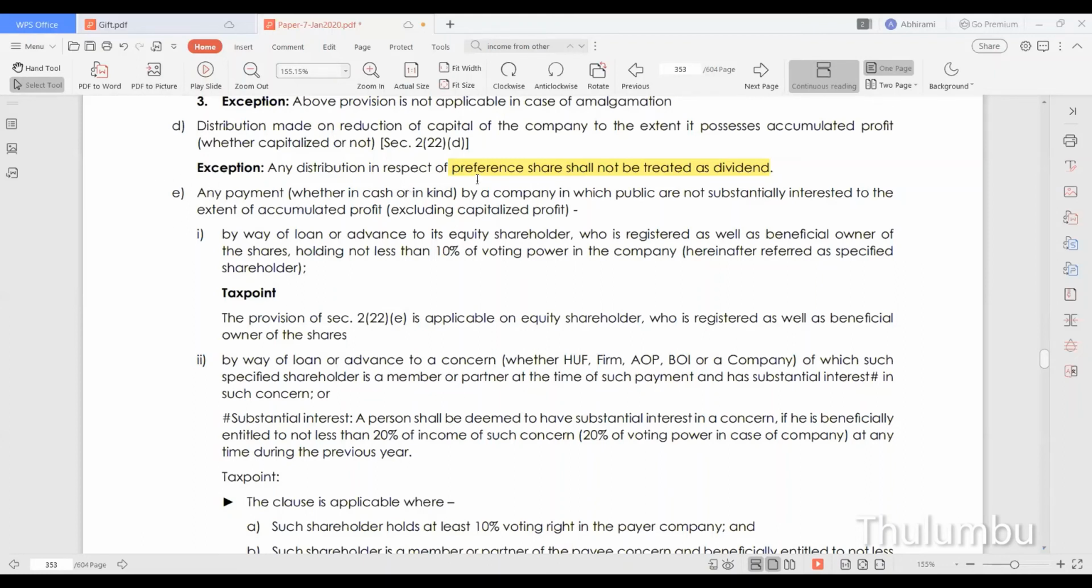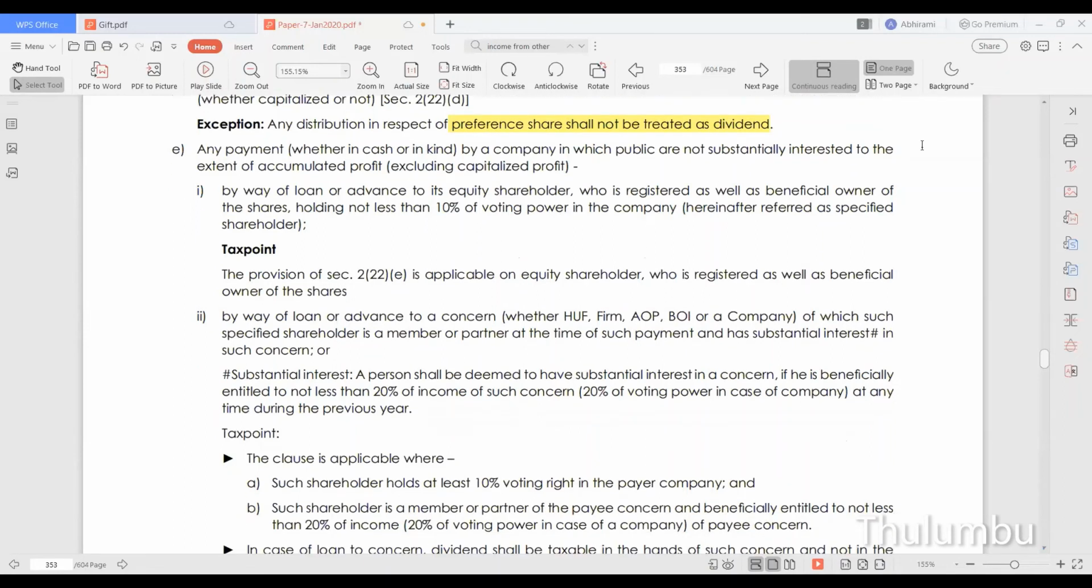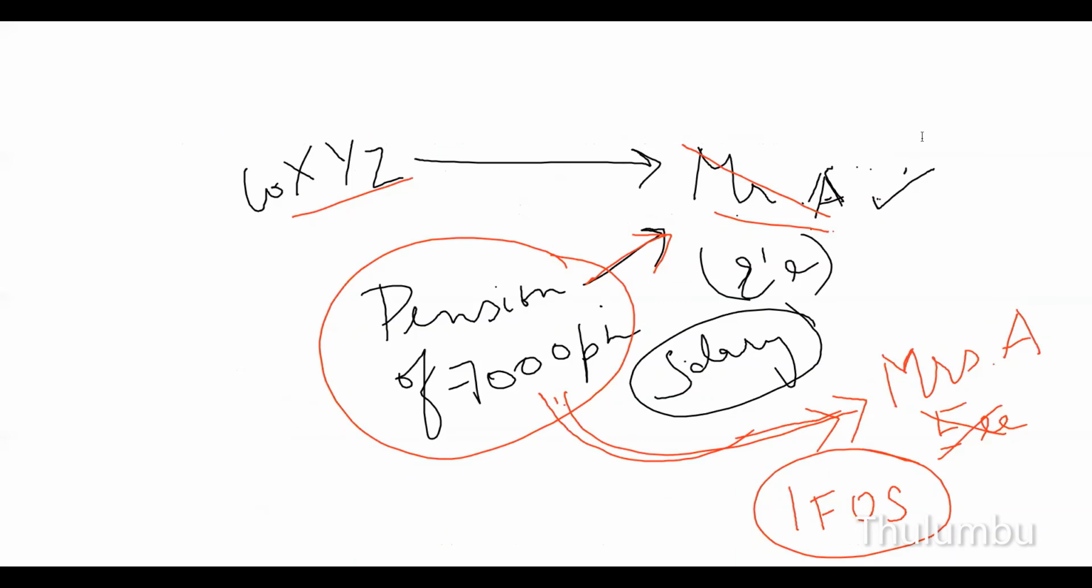Any payment whether in cash or kind by the company in which public, that is in private company, to the extent of accumulated profit, either by way of loan or advance to the equity shareholders who is holding not less than 10%. So in the section 222E,